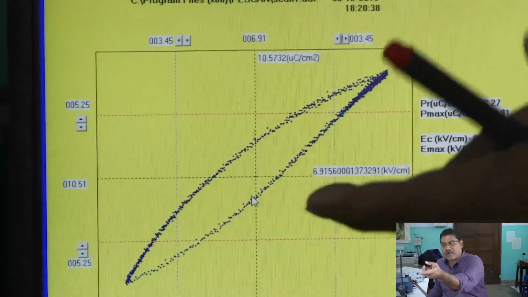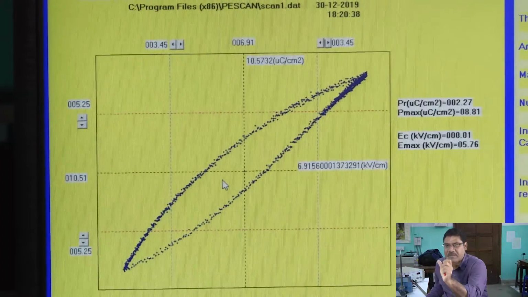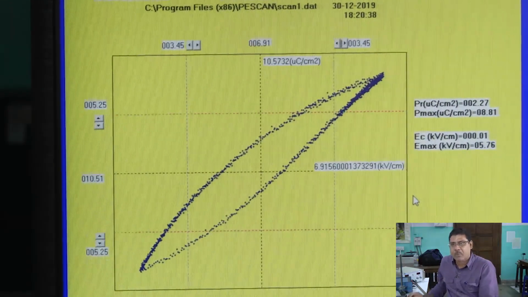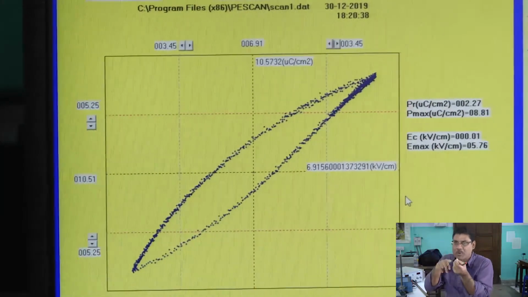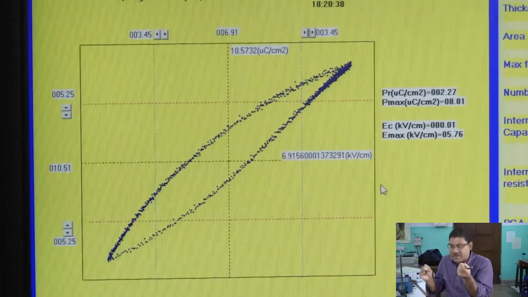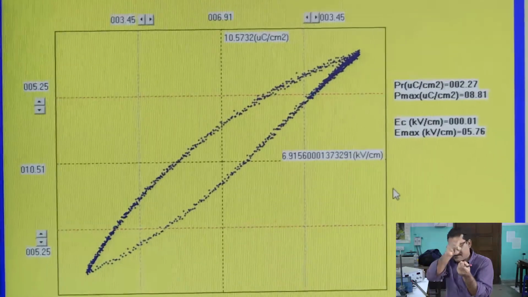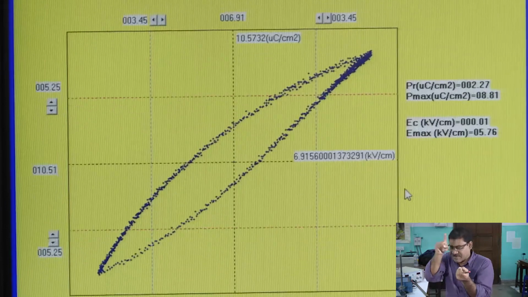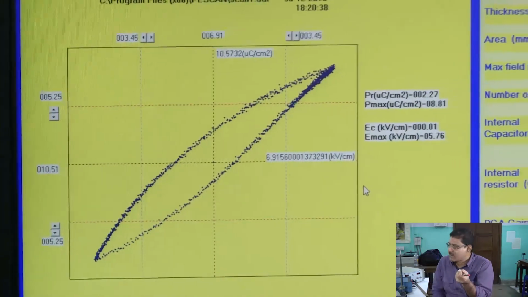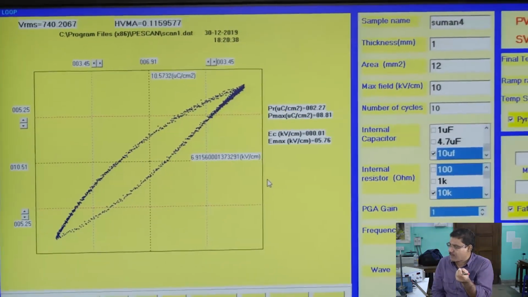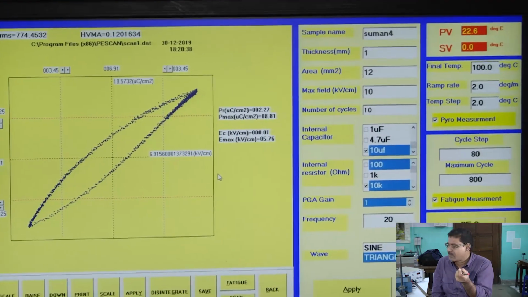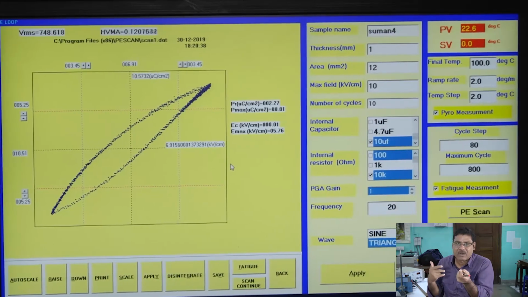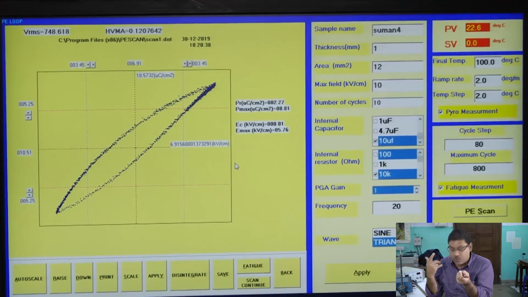So, this is at room temperature. For different temperatures, you can get these values and plot them. If you plot PS as a function of temperature, you will get this type of variation of P with temperature, and basically one can find out the Curie temperature.